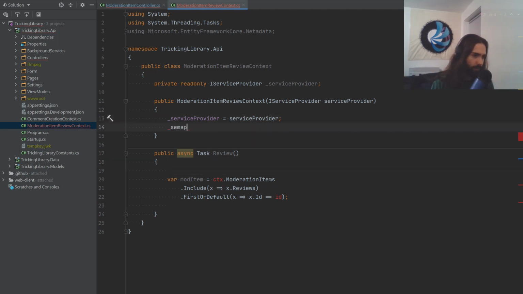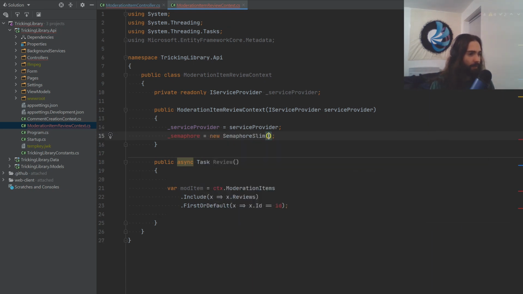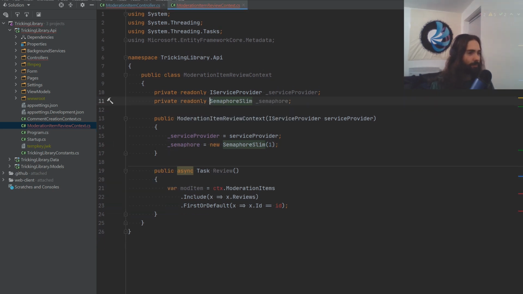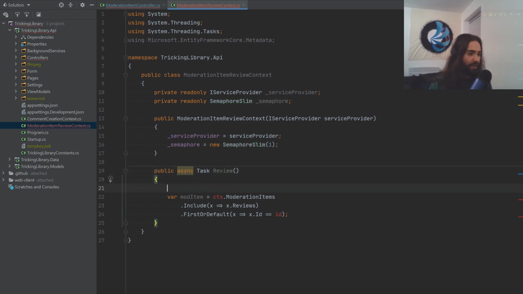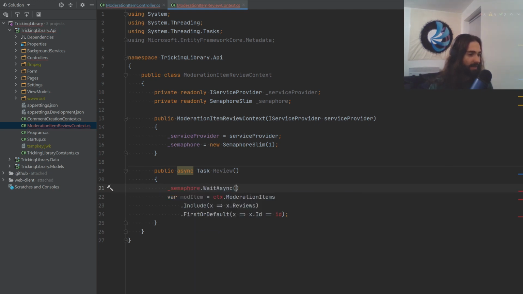And primarily, I'm going to use the SemaphoreSlim with a count of 1, right? So there's the semaphore, readonly, and there it is, right? So what's going to happen is we're going to enter this method. We're going to go on the semaphore. We're going to say WaitAsync, and we're going to wait, right? So the first time that we enter here,